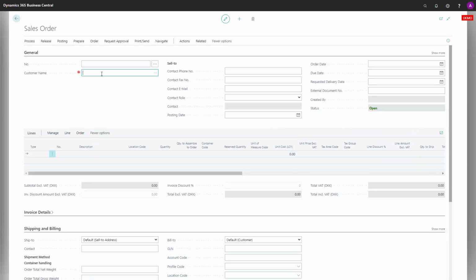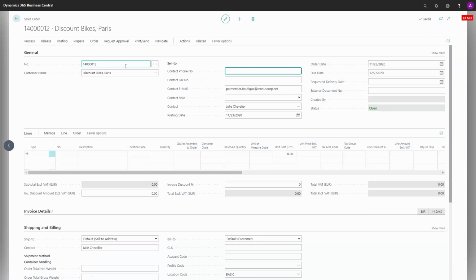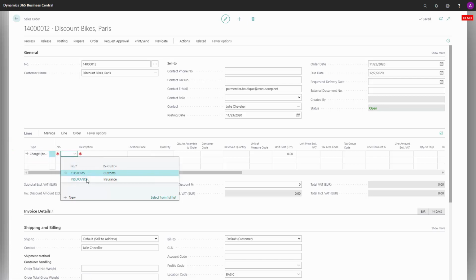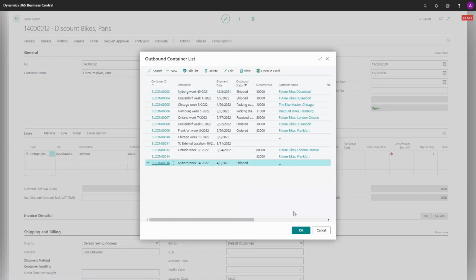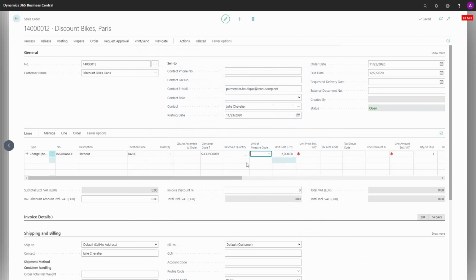But if I have a container that I've sent to a specific customer and I send the invoice and everything, but now I get some extra charges, for instance, on freight that I'd like the customer to pay, or charges maybe for harbor that I'd like the customer to pay, it's possible for me to select an item charge, and I could create many different here. Let's just say this is for harbor cost or whatever, and I'd like the customer to actually pay this cost, 5,000 euros or crowns or whatever, and I have to assign the container codes that it relates to, like this.